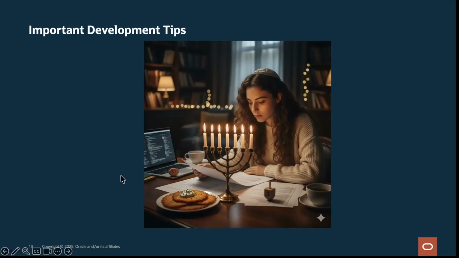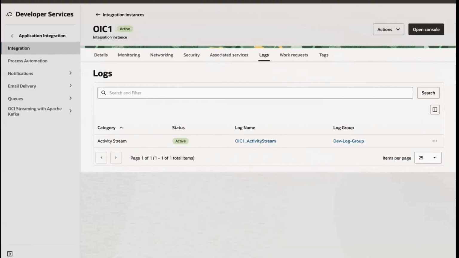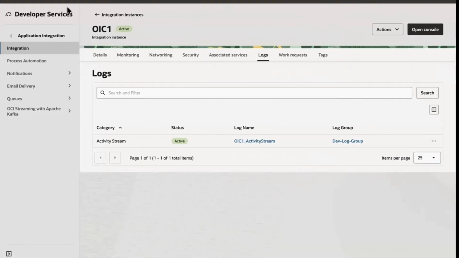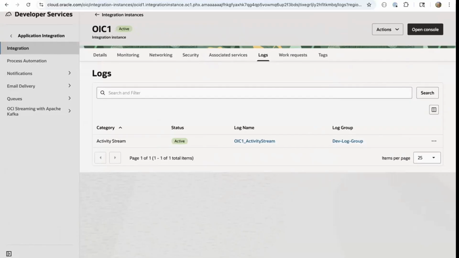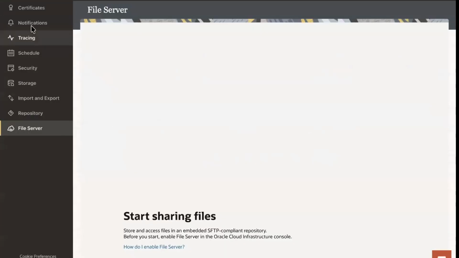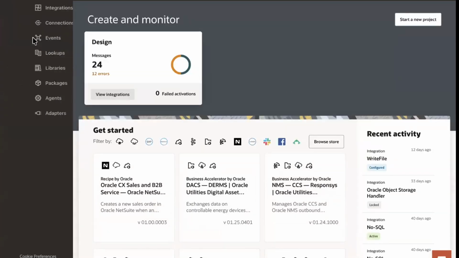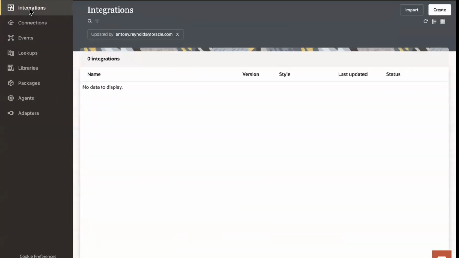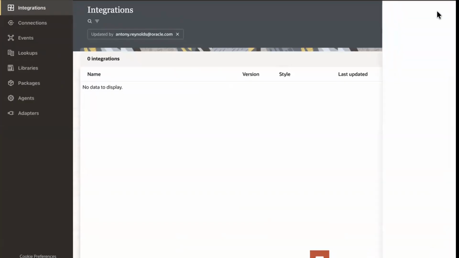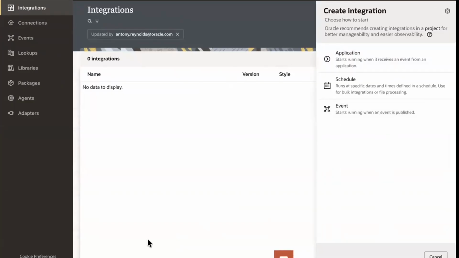And so now we want to talk about some development tips. You've got a shiny new instance and you're ready to create your first integration. And so what you do is you say, okay, what you do not want to do is go to design and integrations and say create. This is bad, bad, bad, bad, bad. And we'll explain why